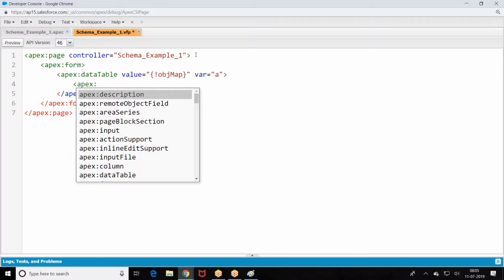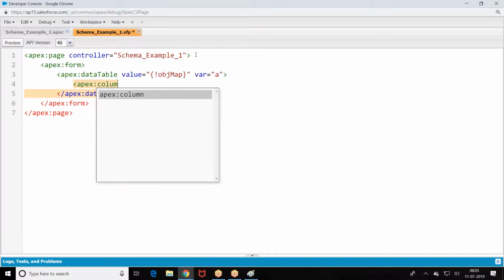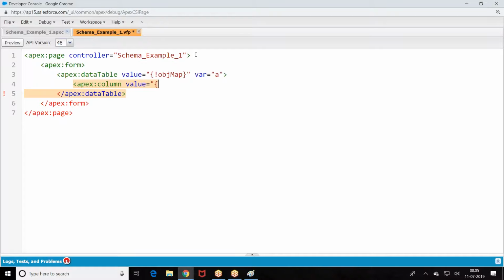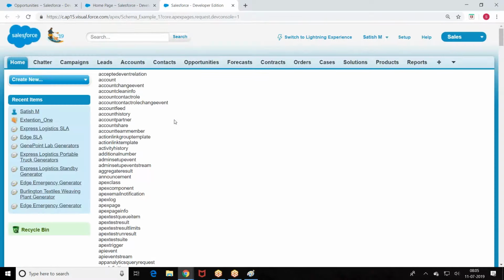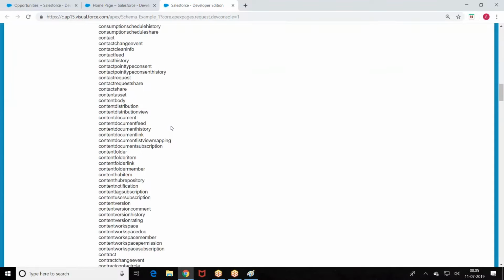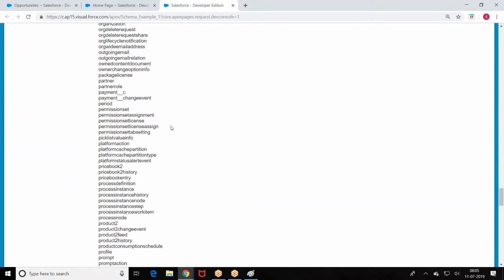Data table value equal to objectMap var equal to. So look at this, the list of all the objects which are there in the database are referred.